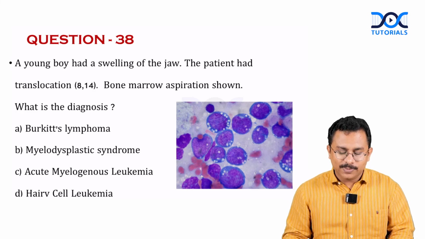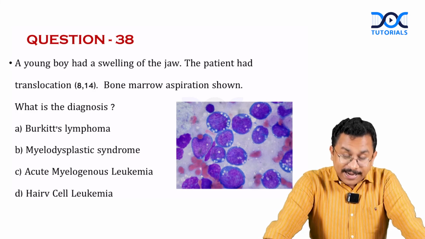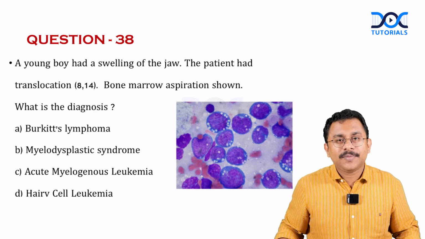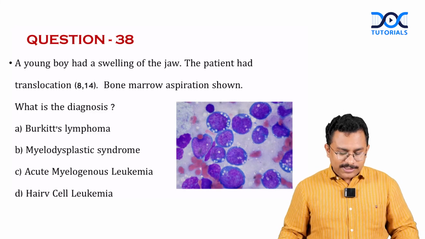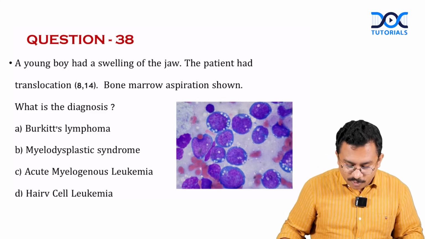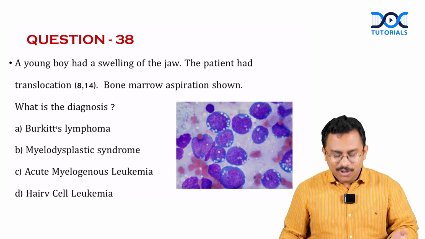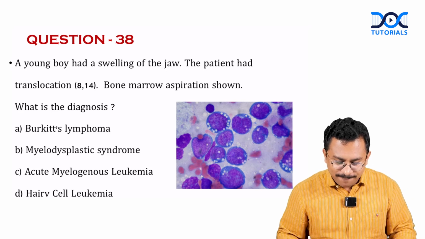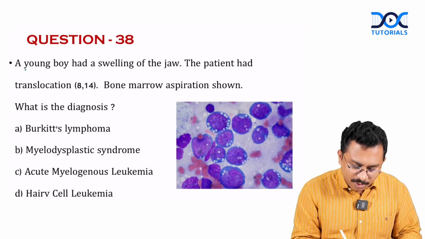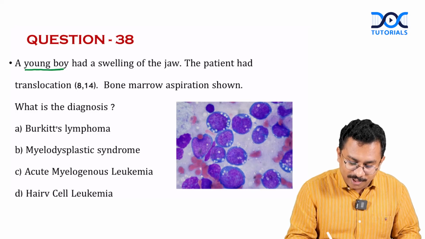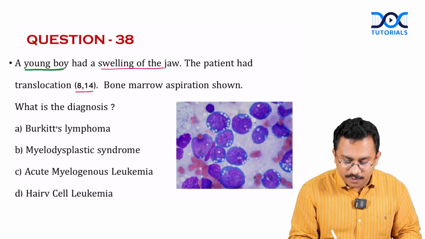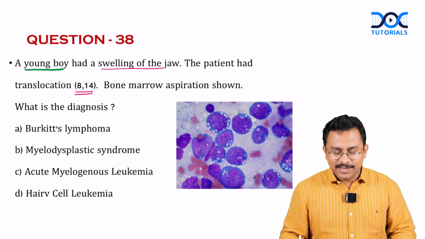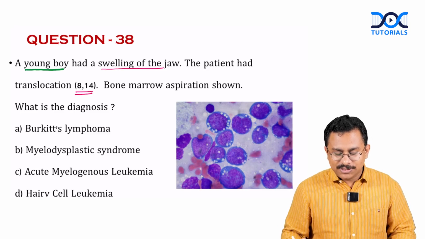Right. Moving on to question number 38. A young boy had a swelling of the jaw. The patient had a translocation 8;14. The bone marrow aspirate is shown. What is the diagnosis? Is it Burkitt's lymphoma, myelodysplastic syndrome, acute myelogenous leukemia, or hairy cell leukemia? So, a young boy with a swelling of the jaw, an 8;14 translocation, and the bone marrow aspirate is showing